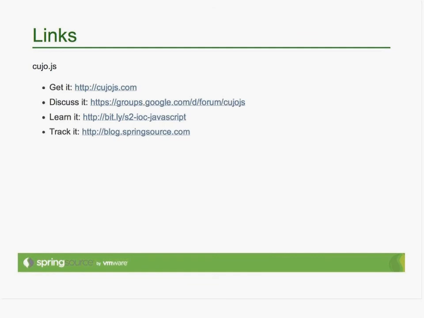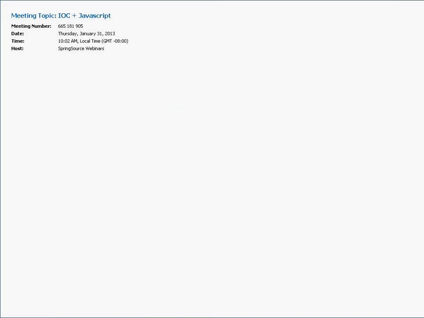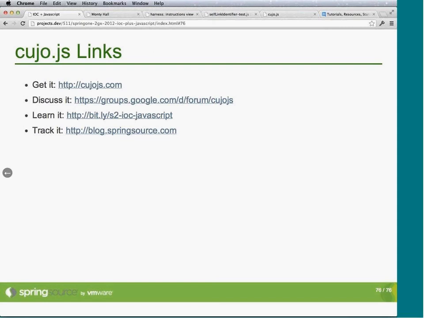It doesn't provide the breadth that Dojo provides in terms of utilities. It's focused on more of an integration activity. So it can parse this declarative style